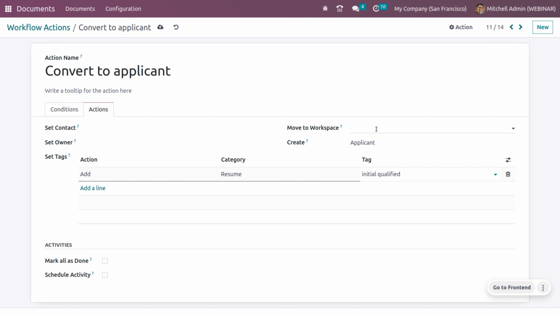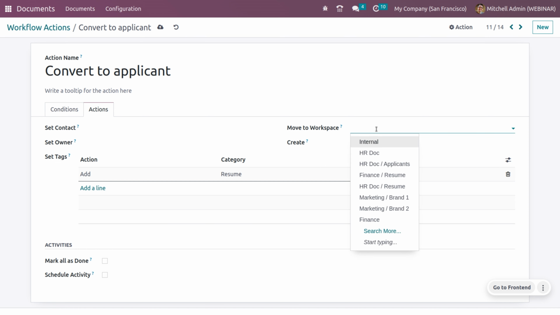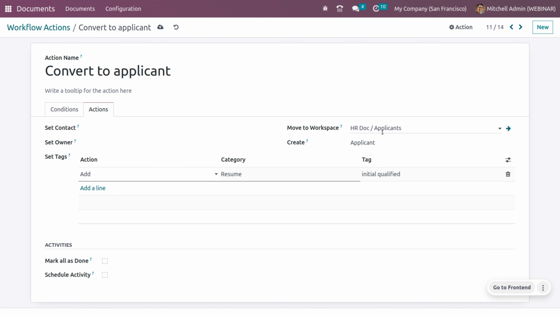And you can move this document from the current workspace to the applicant workspace. Okay, so these are the activities or actions I've set. Or if you want to add more activities like schedule activity, you can set from here as well. So let's save this,